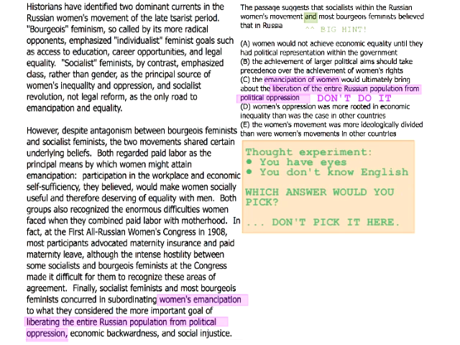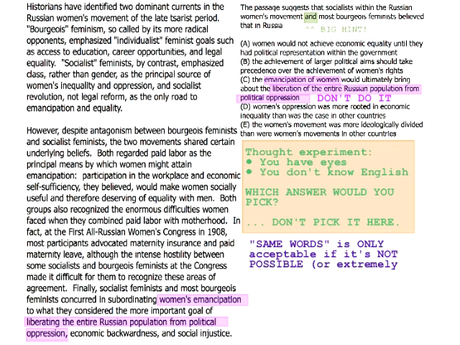Same words is only acceptable if it's not possible, or at least very inconvenient or awkward to change those words. For example, if a choice says the U.S. Supreme Court and the question and the passage says the U.S. Supreme Court, that's fine because there's no other way to say the U.S. Supreme Court. On the other hand, liberating people, there are a lot of other ways of saying liberating people without using the word liberate.